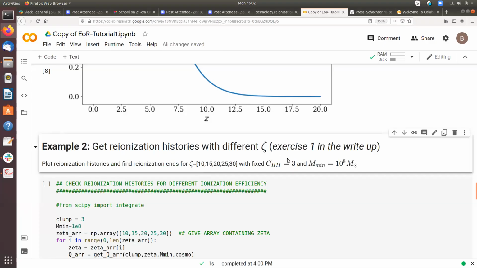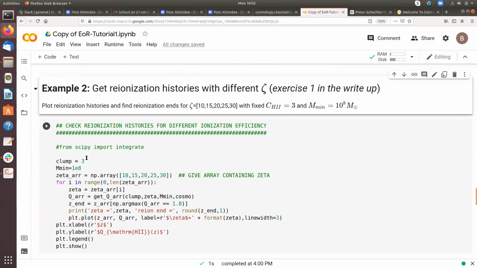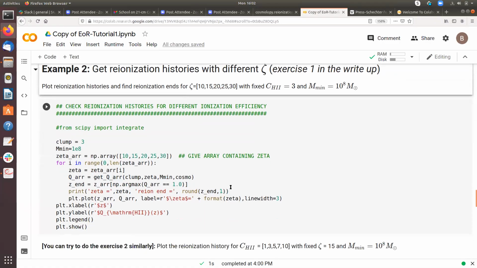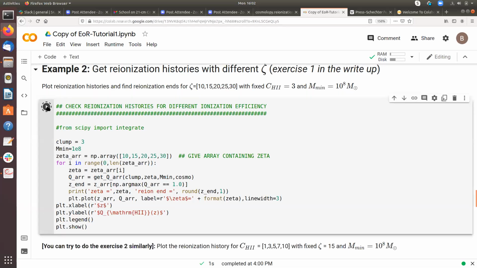We fix the clumping factor as 3, and the minimum mass parameter as 10 to the power 8 solar mass as previously. To do that, you just need to define an array of zeta values. So I have defined it here: 10, 15, 20, 25, 30, and you just run that get_Q array function within that loop to get the reionization histories for different parameters. So just click and see what's happening.